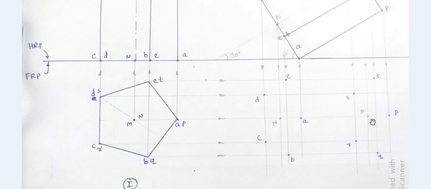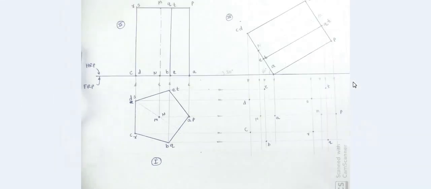Now at this stage, there is one more important concept. Though we have obtained the location of all these points in the changed top view, we are not going to join these points directly, because as this object is in the inclined position and we are completing the top view while observing this object from the top, some of the edges, some of the points would be invisible to the observer. So hence we cannot draw those lines continuously. We have to draw those lines as dotted ones.